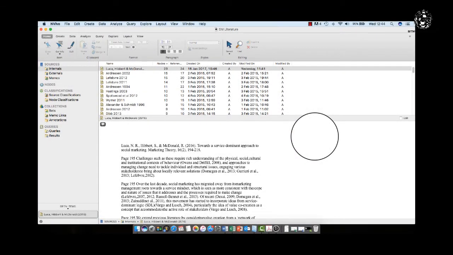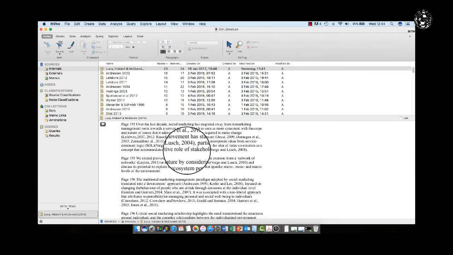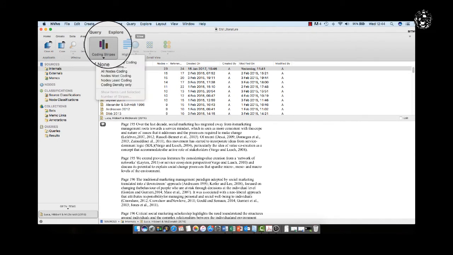Now I've shut down the previous project I was working on and reopened the original literature review project that we saw at the beginning. I've sorted the internals by the number of nodes here. So in this example, the Luca Hibbert and McDonald's article, I've got 23 different nodes, but looking at the document below, I'm unable to tell what they are. What you need to do is to click on View and then Coding Stripes, and then you will see Select All Codings,